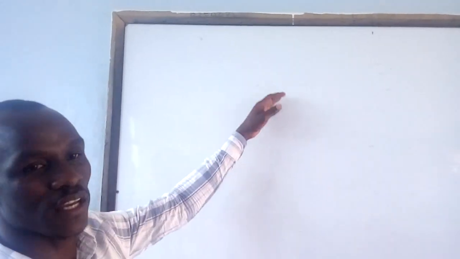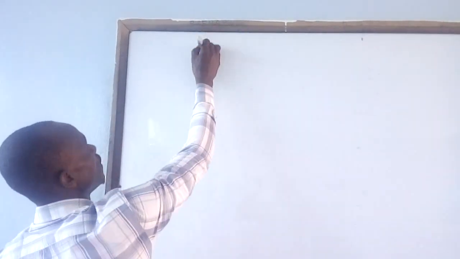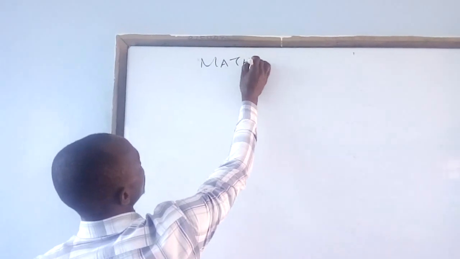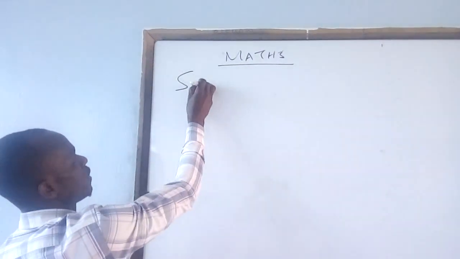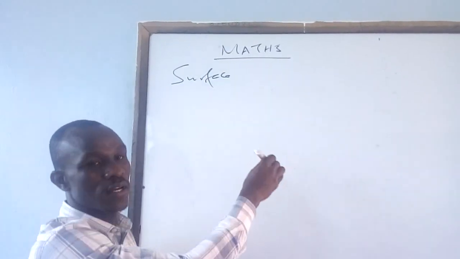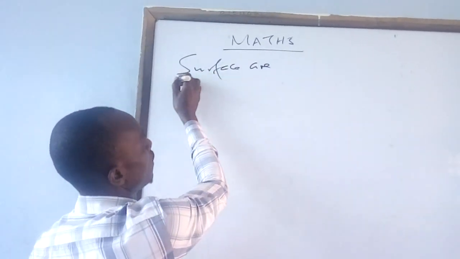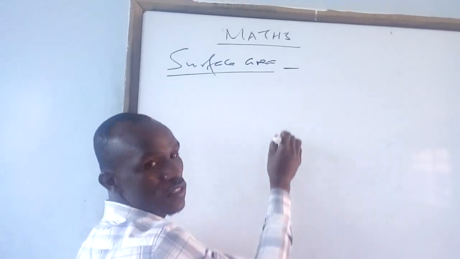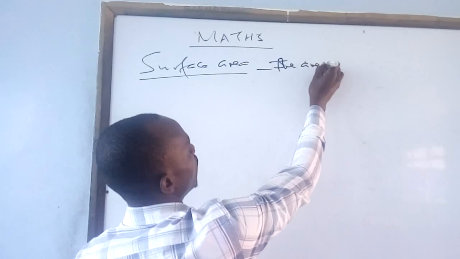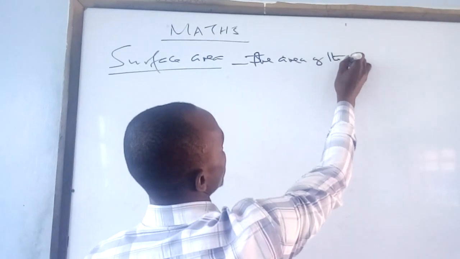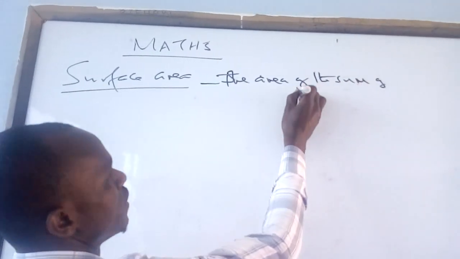Today we are going again to discuss mathematics. Our area of study today will be the surface area. So we are going to discuss the surface area. Surface area means the area of the sum of the surfaces